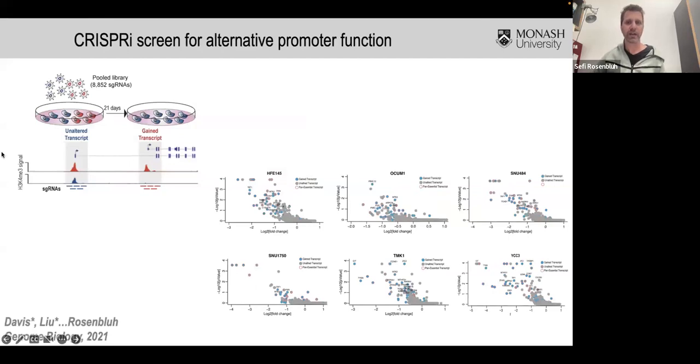Now, one thing that we have done in the past, just to show you why this is useful, is we could use CRISPR-I to look at alternative regulation of transcription. Because CRISPR-I only works at the promoter region, we screened a library of CRISPR-I that target either canonical promoters or these alternative promoters that are gained in cancer. And we can find some of these new promoters that mediate the transcription and the translation of new kinds of transcripts that are important for cancer proliferation. So that's a use of CRISPR-I for finding something new.